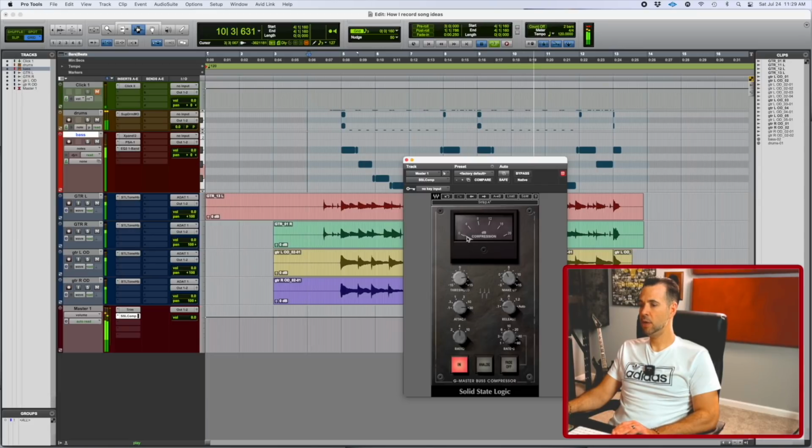Just getting a little bit of gain reduction there. Boy, this is going to be annoying if Pro Tools is acting like this all the time. So that's just getting a little bit of gain reduction there, and it's also making up about 3 dB of gain, which is what we want, just something smooth and transparent that's just leveling everything out a little bit. Not that this really needed a lot of leveling or anything. This thing just sounded pretty good already, but